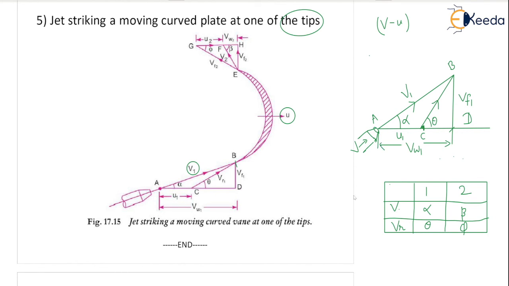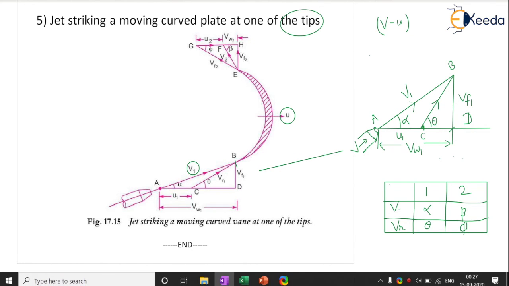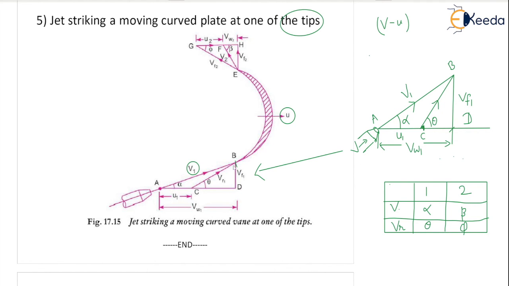Now this triangle is completed exactly. You can match, it is same to same, right? So AB vector, alpha, theta, AC, U1, everything is written exactly. The same triangle you can draw on the exit part of the blade. ABCD I have written, you can write EFGH. The triangle is almost symmetrical about the x-axis. It is a mirror image, you can say.